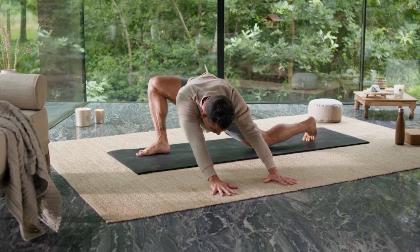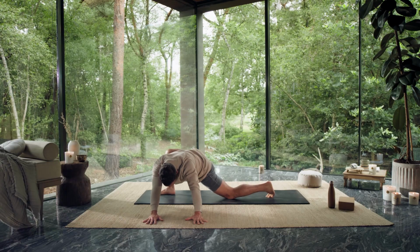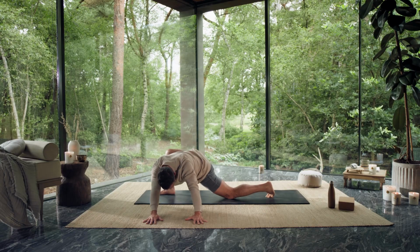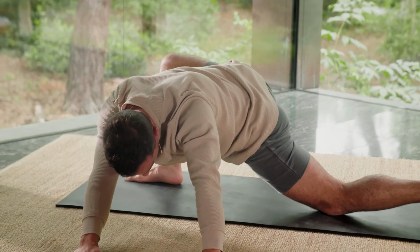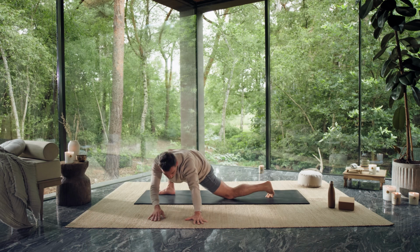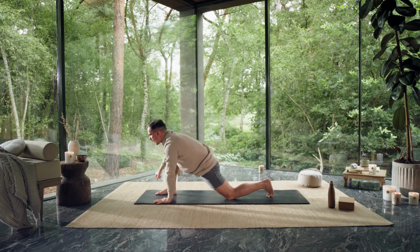Round your spine and lengthen the back of your body, especially the lower back and the sides of your right trunk. Holding here for 3. Holding here for 2. And 1. Inhale, walk with your hands back and frame your right foot, meaning that both hands are on the